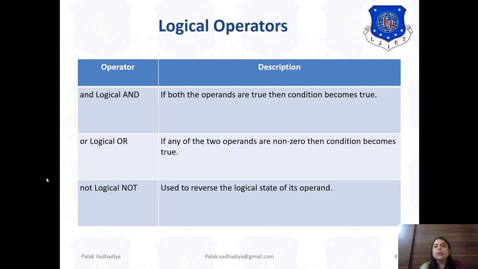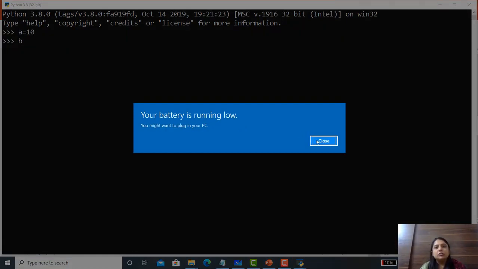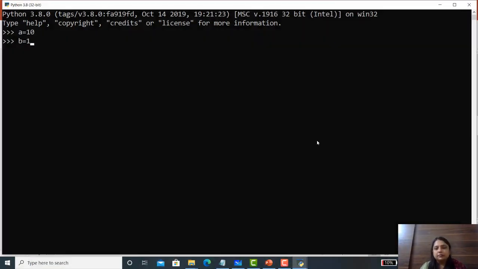Now let's see it practically. Here I am considering the value of A is 10, and the value of B is also 10. Now if I write A equal to 10 and B equal to 10, both conditions are satisfied.